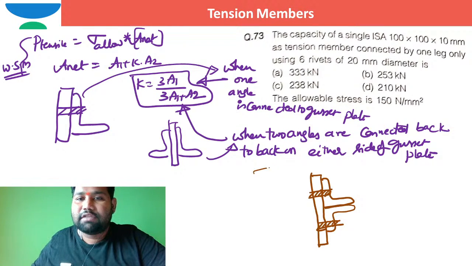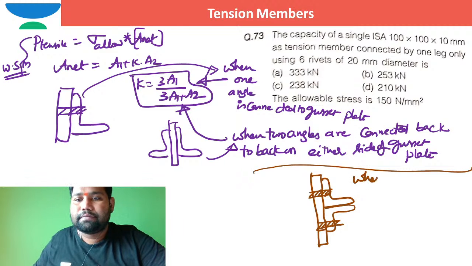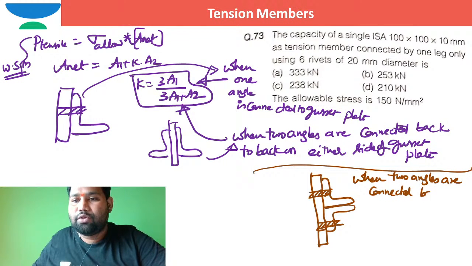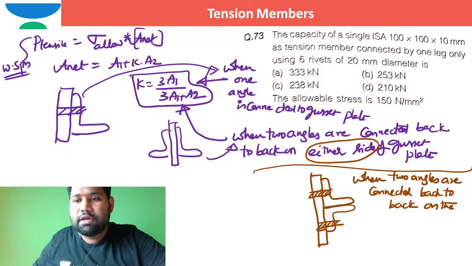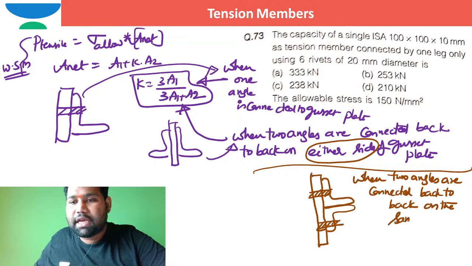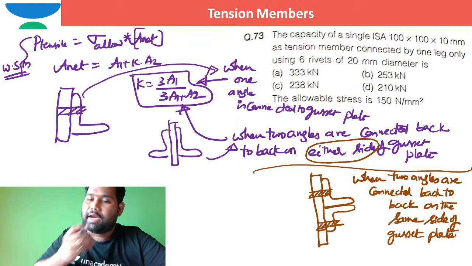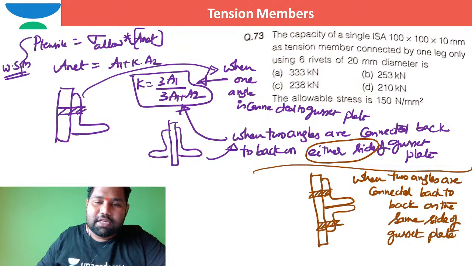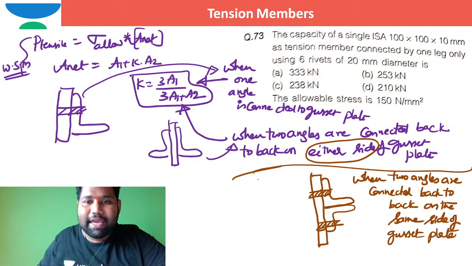When two angles are connected back to back on the same side. Here either side is the word, but here on the same side of gusset plate, in such case, we can say the value of this K we can write as 5A1 by